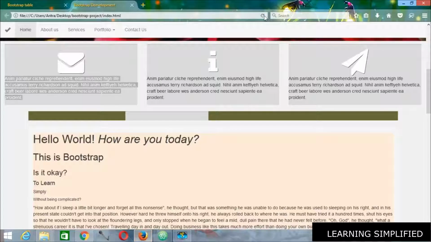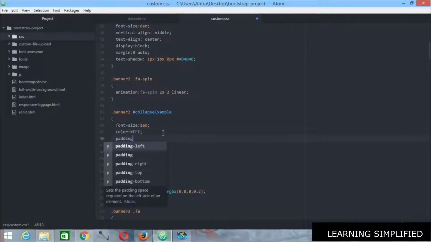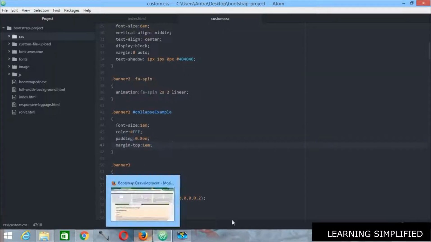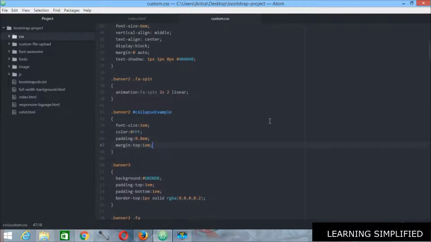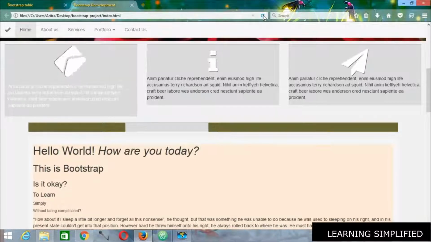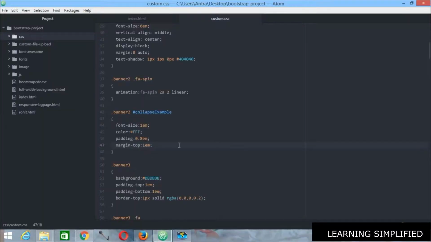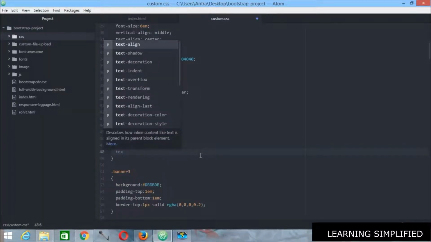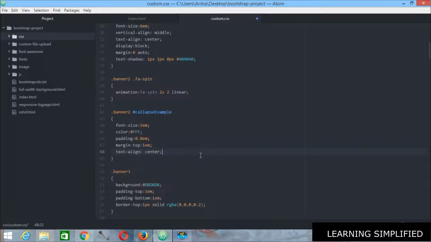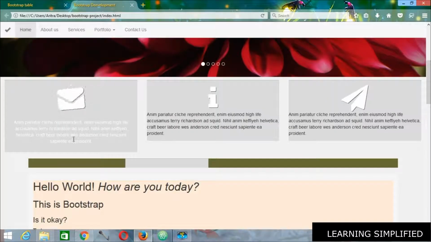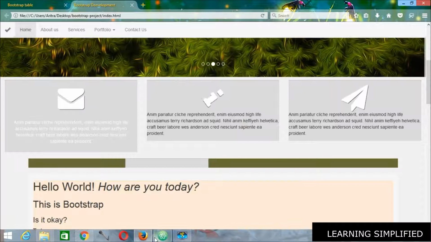press Ctrl S, get back to your project and reload, and now you can see that it is practically working. So all we need to do is make some amendments over here. You need to experiment with all those attributes and properties. Press Ctrl S, get back to your project and reload, and now you can see that it is working. Text align, we need to provide some text alignment. We are keeping it towards the center. Here it is. Now it is lying in the central position.